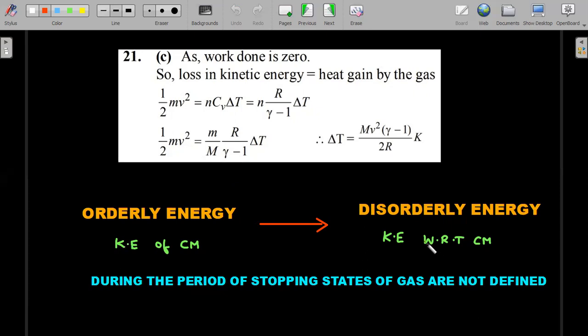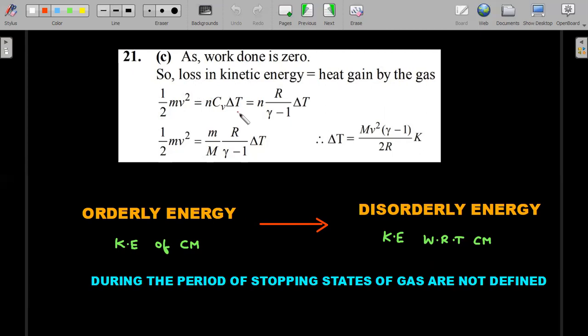So it takes some time. You wait for that time for that settlement to happen. Once the settlement is there, the pressure becomes defined, volume becomes defined, temperature becomes defined, and then only you are supposed to write it. Okay, so half mv square that you had before orderly should be equal to ncv delta